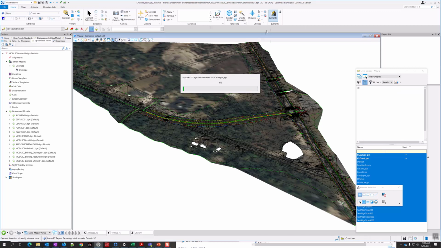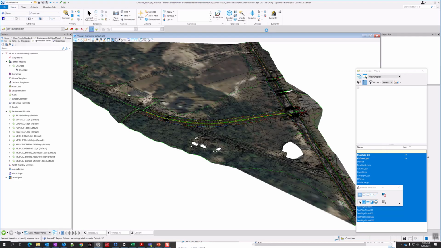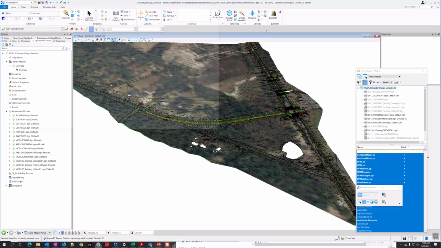So it's going to process. It'll take probably a little bit. I would not try to do this on a low-end machine. If you're on a laptop or something that doesn't have a dedicated graphics card, just don't even bother doing this, because it'll probably crash. It probably won't work, and you'll be wondering what happened. Well, it's probably your machine can't handle it.